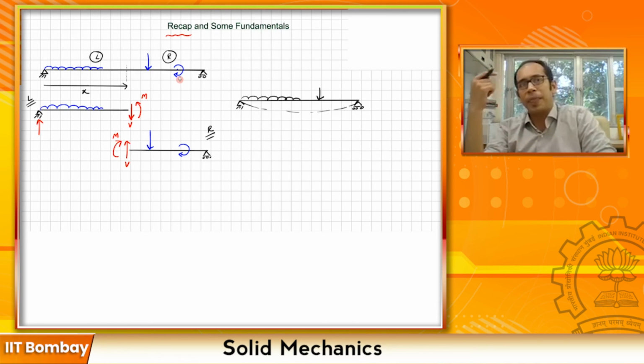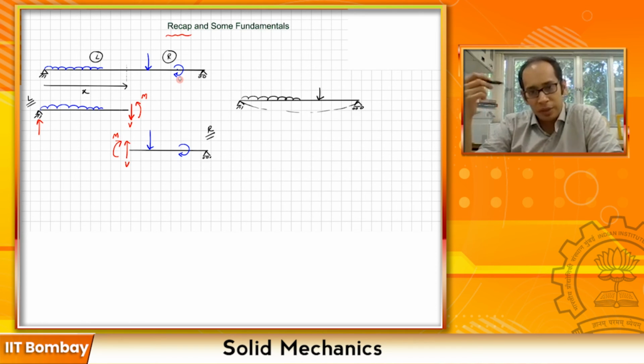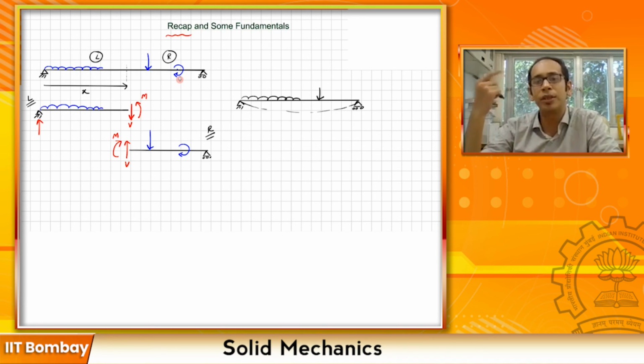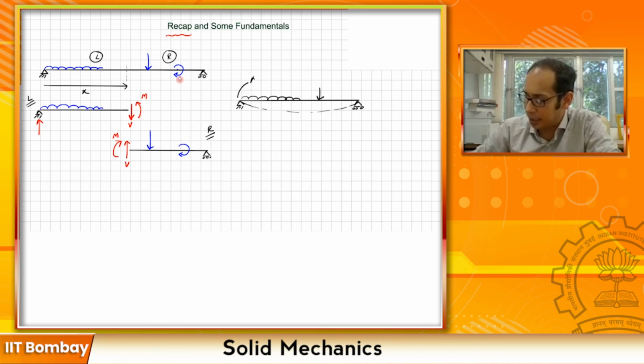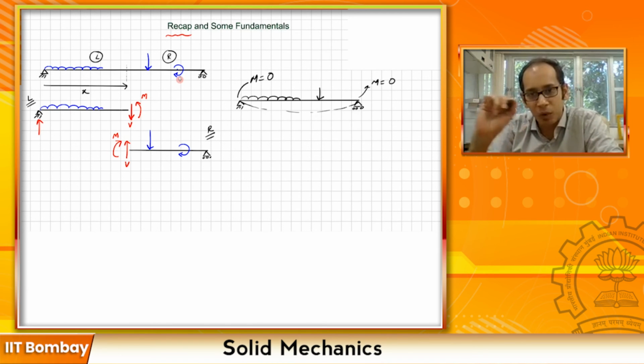So again, another way to think about it is that if you are not allowing a particular deformation or rotation, you will develop a corresponding force or a corresponding moment. In this particular case, you're allowing the rotation, so the corresponding moment will not develop, right? So for these cases, at this end your bending moment will be 0, at this end also your bending moment will be 0. This is however not true if the pin is somewhere in the middle.